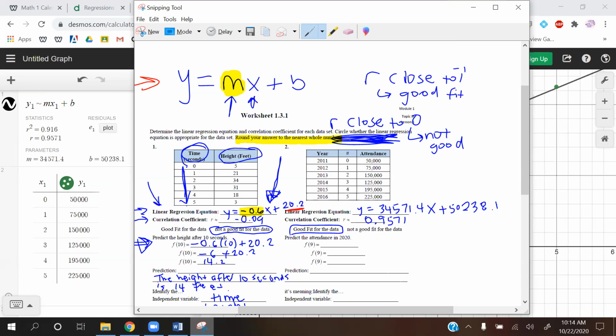Okay, and then it says, predict the attendance in 2020. So the year 2011 corresponds with the number 0, 2012 goes to 1, 2013 goes to 2, 2014 goes to 3, 2015 goes to 4, 2016 goes to 5. If you were to continue it, 2020 would be 9, okay? So we're going to plug in 9 to our equation. 34571.4 times 9. Remember, we're replacing the x in our equation with 9 plus